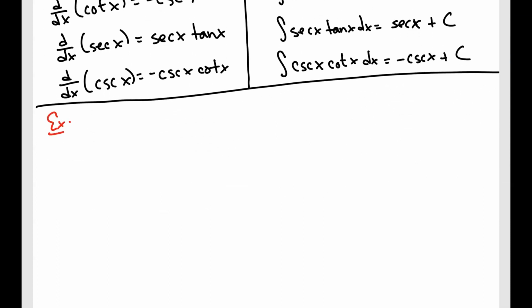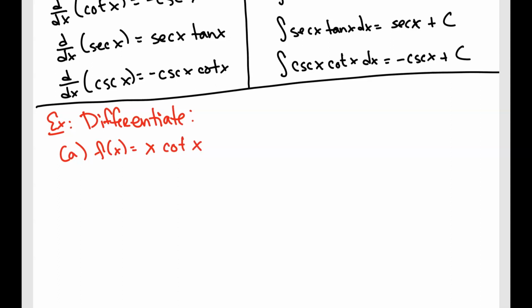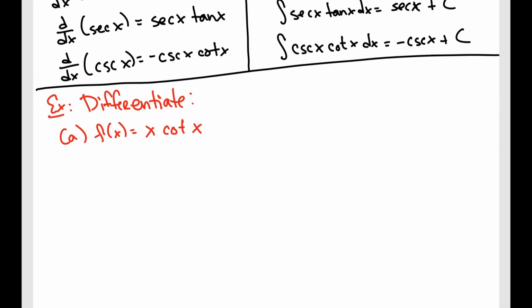So here, let's take the derivative. So differentiate. Let's take f of x is equal to x cotangent of x. What will be the derivative of this? You have two different functions being multiplied together, so you have to use the product rule. The product rule in this case would be the derivative of the first, which is just going to be